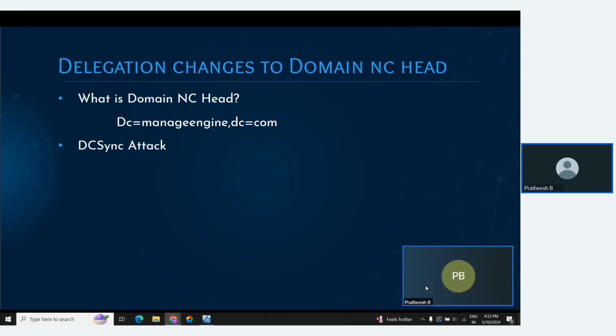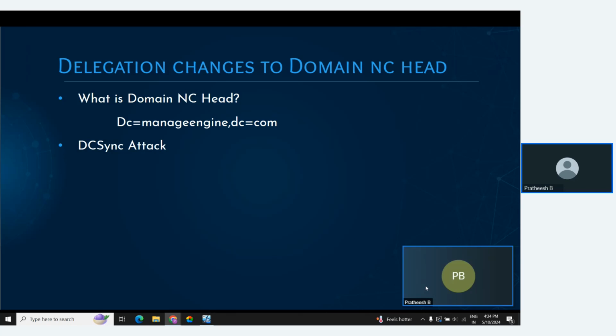The impact of such an attack can be severe. DC sync attacks can enable attackers to impersonate legitimate users, escalate privileges, and move laterally within the network. In worst case scenarios, the attackers gain domain administrator privileges and take complete control of the AD infrastructure. Not to mention, there are many tools like Mimikatz, Impacket, and PowerShell Empire, which help hackers perform these